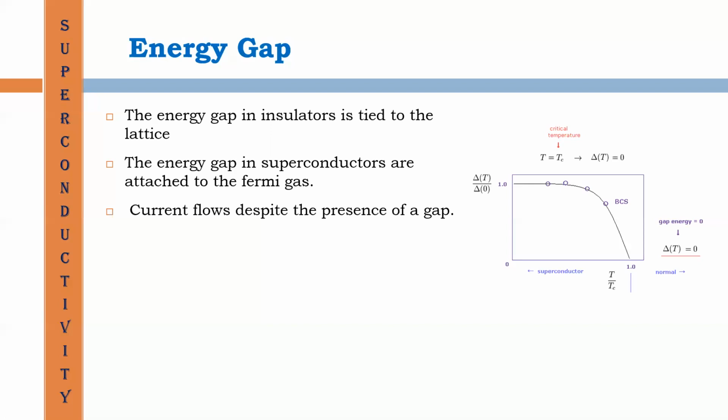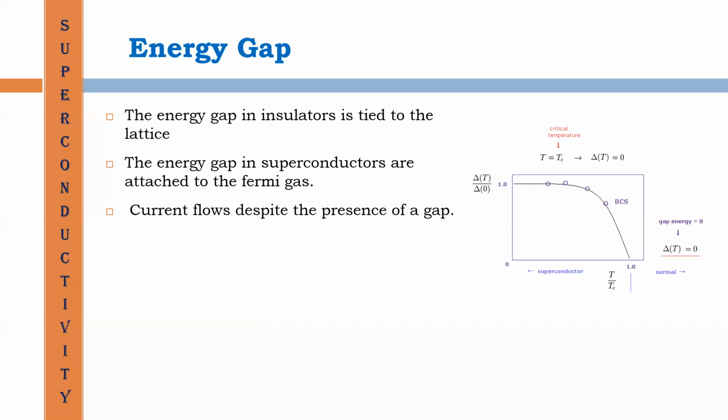That means we know that when a current flows through a conductor, or conduction takes place in an insulator, the electron must have overcome the energy gap. In the insulator's case, the energy gap will be very high.